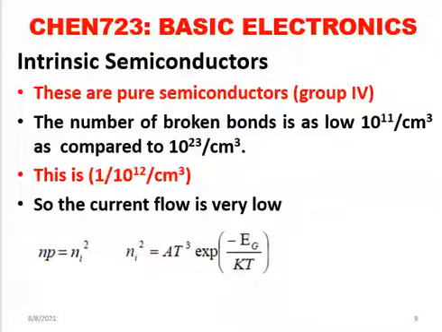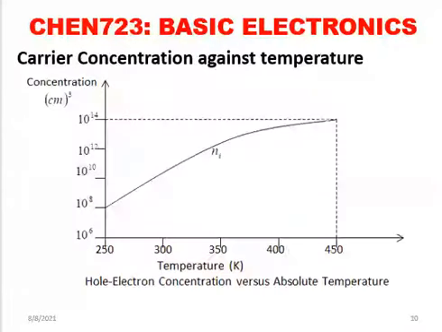And with respect to the temperature, this is the formula that gives you the value of the intrinsic concentration squared, that is Ni square is equal to A T cubed, where A is a constant and T is the temperature, exponential minus Eg over KT. This Eg is the energy of the forbidden band, for us to break an electron from the valence band into the conduction band, where K is the Boltzmann constant and T is what? The absolute temperature.